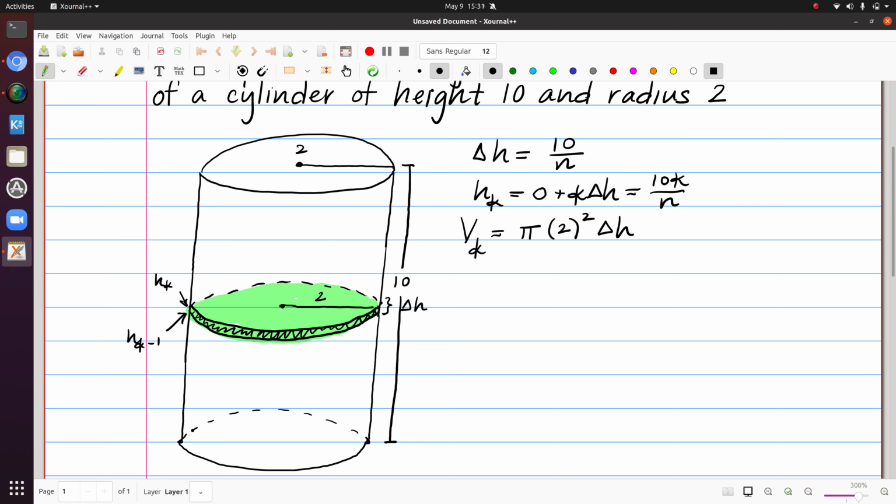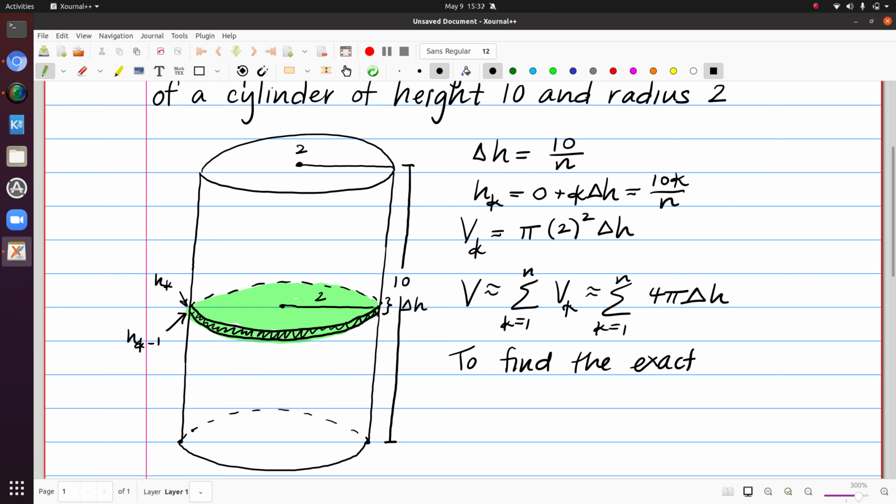So if I want to find now an approximation of the volume, then using a Riemann sum, I'm going to take the sum of the approximation of volume for each slice, which we see can be expressed as 4 pi delta h. So that's taking what we saw before. So we know that that's the approximate volume. To find the volume exactly,